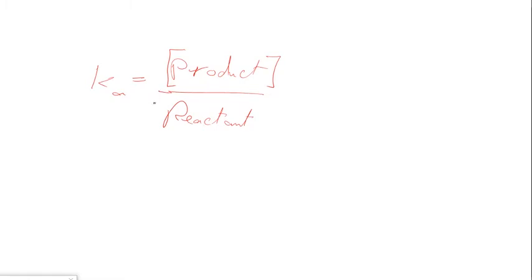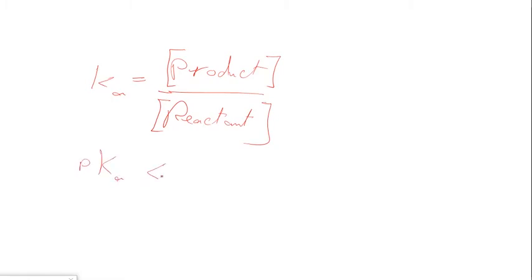For a reaction like this, Ka should be equal to product divided by reactant, but we are not looking at the product itself, we are looking at the concentration of the product divided by the concentration of the reactant. We will divide the pKa into values. If the pKa